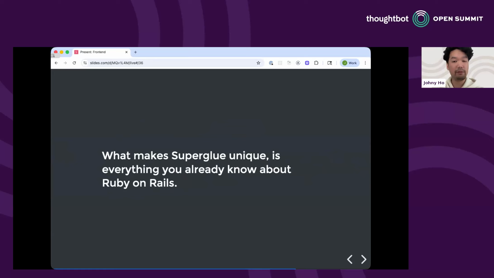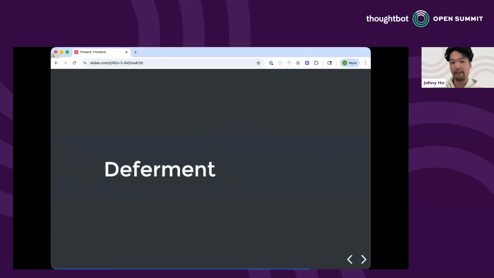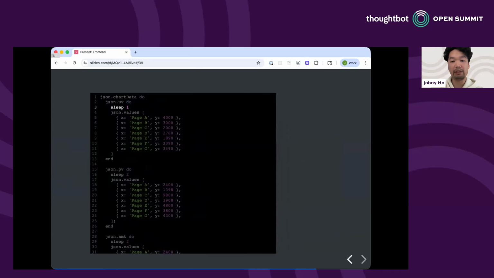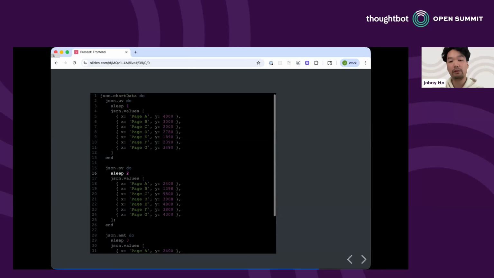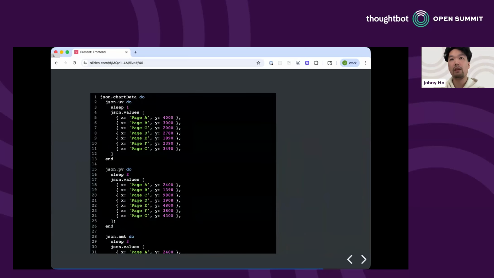So we don't have enough time for everything. But there are things that make Superglue extra special. Deferment. Deferment is the ability to defer execution of expensive blocks in your template. In this example, you have 3 blocks that take 1, 2, 3 seconds for a total of 6 seconds to load the entire page. What we can do about this is